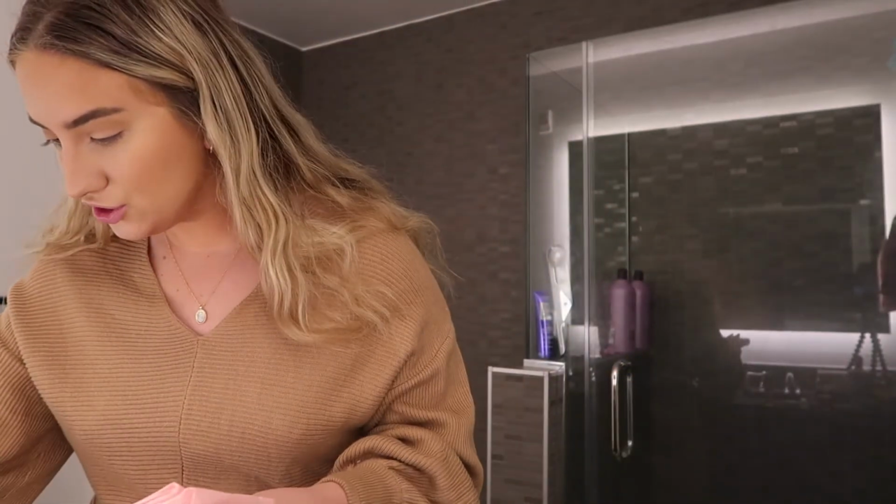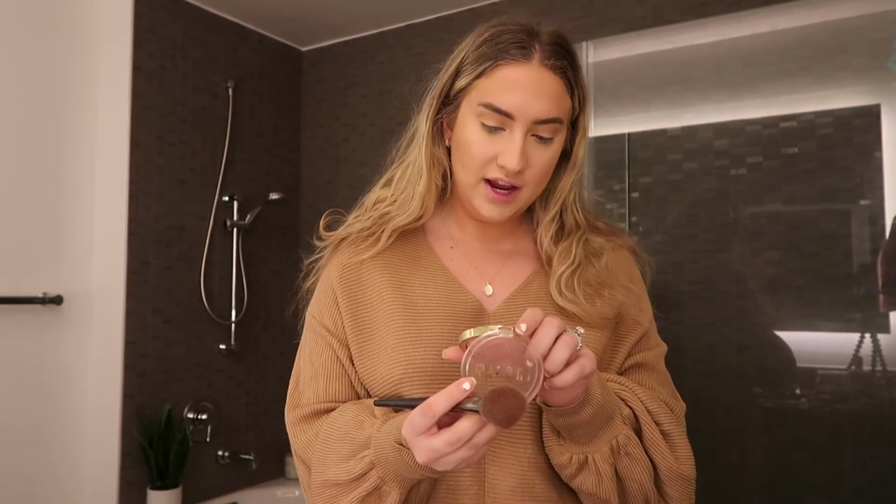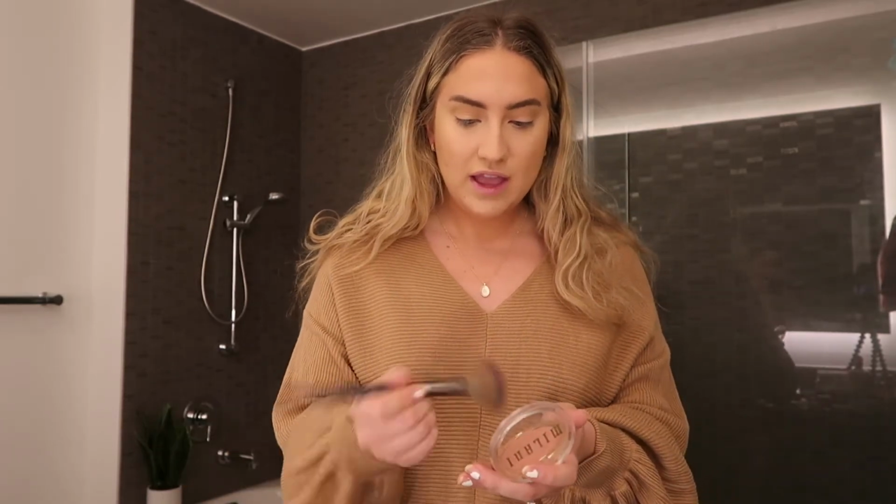Okay, so now that brows are on, we're basically almost done. So what I'm gonna do next is blush. I love the Milani blushes. This is a drugstore one as well. This shade is Romantic Rose. This one is really pretty. And with blush, I do like to put a good amount, just because it's the first thing that fades from your face. I feel like I'm like, where did my blush go? So I like to get a nice little rosy look,